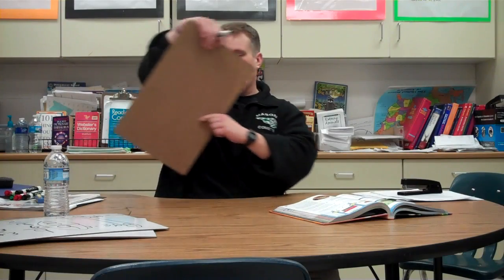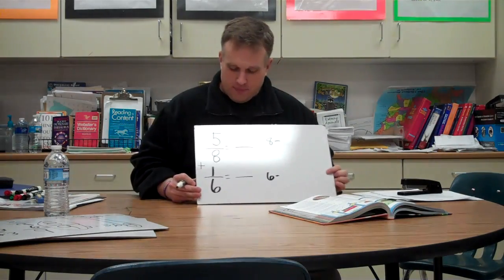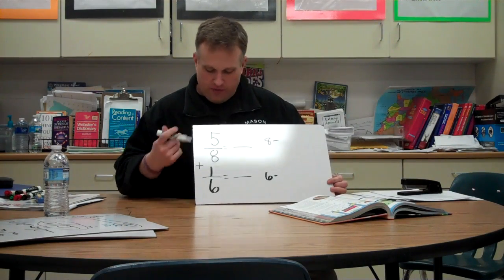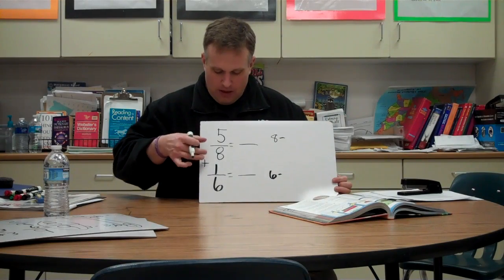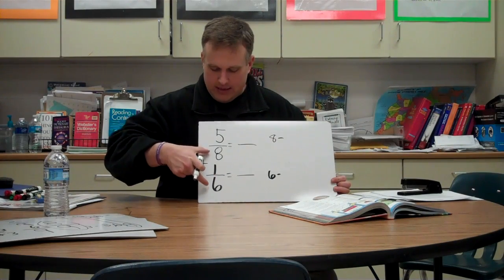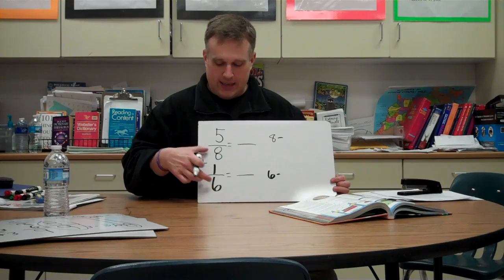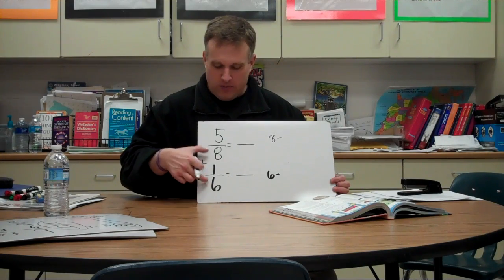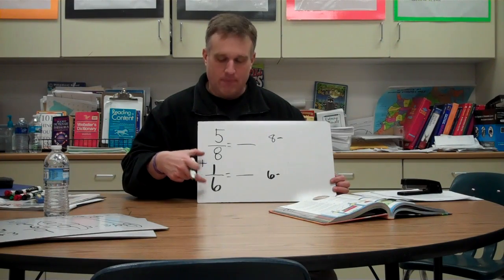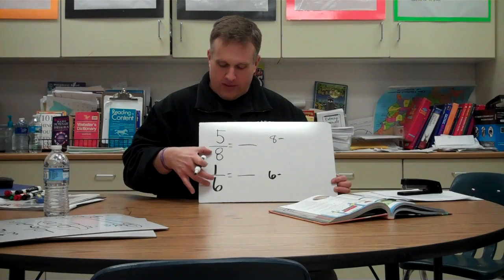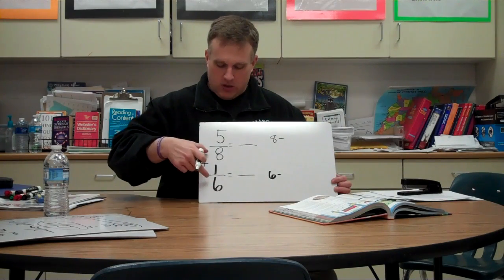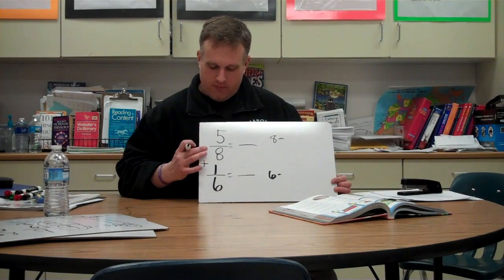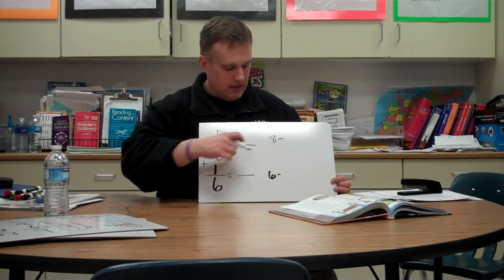Let's look at one more. Okay, so we have number 12, 5/8 plus 1/6. Again, when I first look at it, I look to see my denominators are different, so that tells me I cannot just start adding. I have to make it so my denominators are the same. To do that, I have to find my least common multiple of my denominators, 8 and 6,